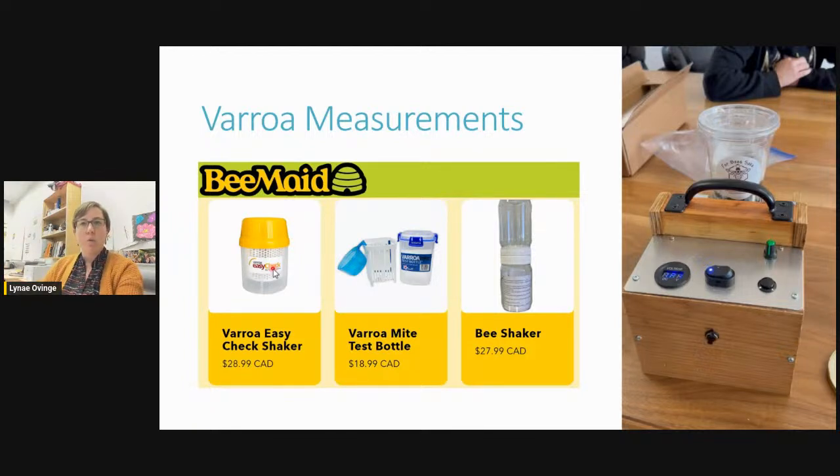And that works really well because the mites kind of drop to the bottom and they're not getting stuck in the bees as well. Now, this one has an awful lid. And this one, you know, I've got some beekeepers in Alberta here who sing its praises. They really like it. They say it comes with clear instructions. It also comes with instructions in Spanish, which is useful.